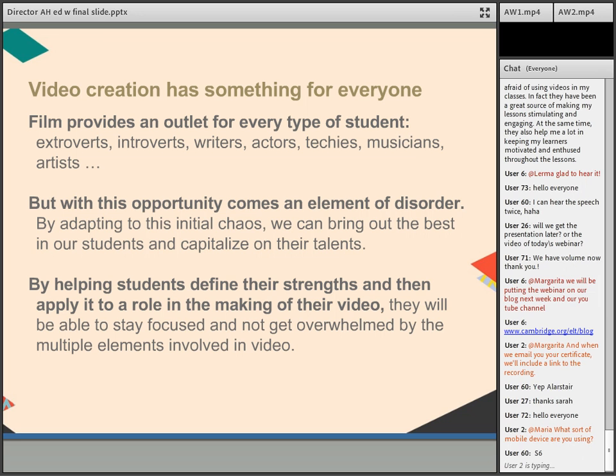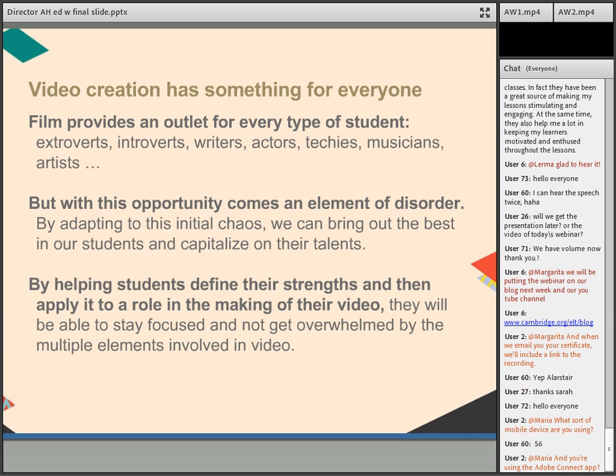Okay, and so as I mentioned, film provides an outlet for every type of student. So whether you're an extrovert or an introvert, a writer, an actor, a techie, a musician, an artist, there's a place for all of these types of students, all different types of personalities.